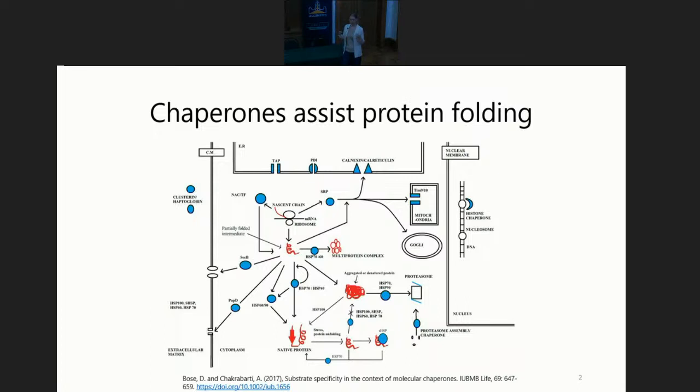The HSP60 family, which we are interested in, acts on different stages of this process. For instance, it can help to fold the protein into the native structure. It also can help the partially unfolded protein. If something goes wrong and the protein becomes partially unfolded, they help to prevent aggregation of such proteins and the development of some bad conditions such as amyloidogenic diseases.